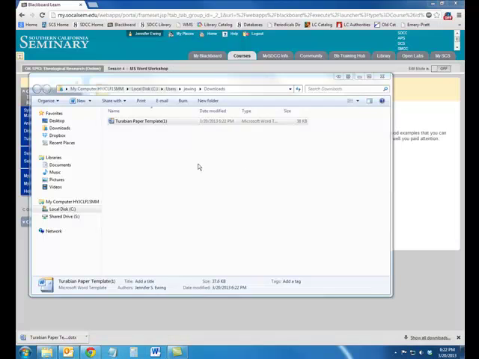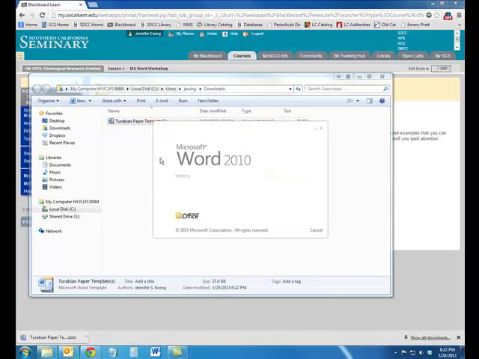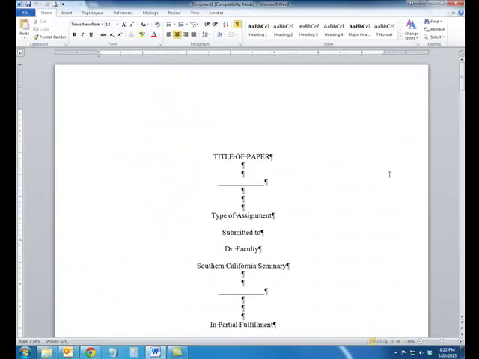Once you have made the unchanging changes to your template, you are ready to open a copy. The first thing you can do is type in your paper's title. You will notice the strange box. This is a content control, and it will automatically put the title in all caps, without you having to use Shift or Caps Lock. Next, type in the assignment type,